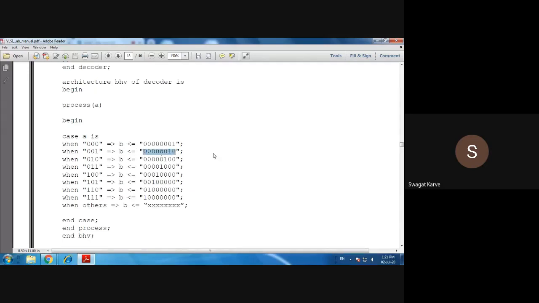Here we are directly assigning the outputs, and that's why it is a behavioral style of modeling. Similarly for the third combination, when A is 0 1 0, B output will get this value. Here we are directly mentioning the sequence, whatever we are getting.